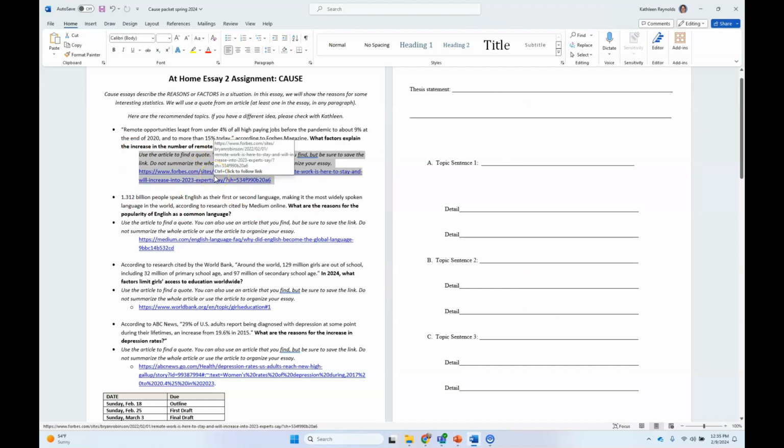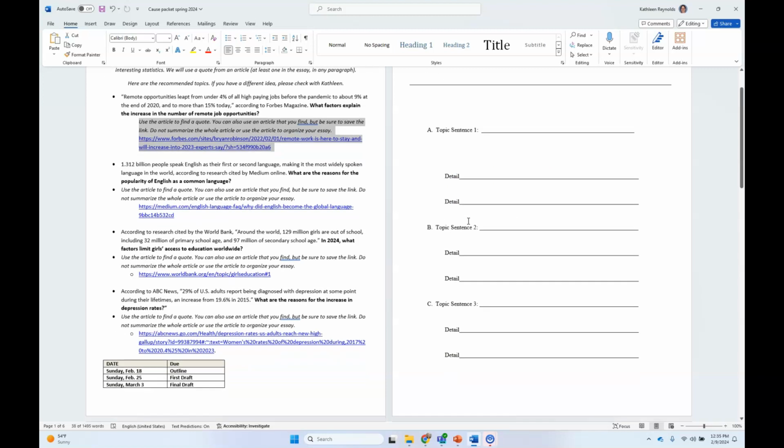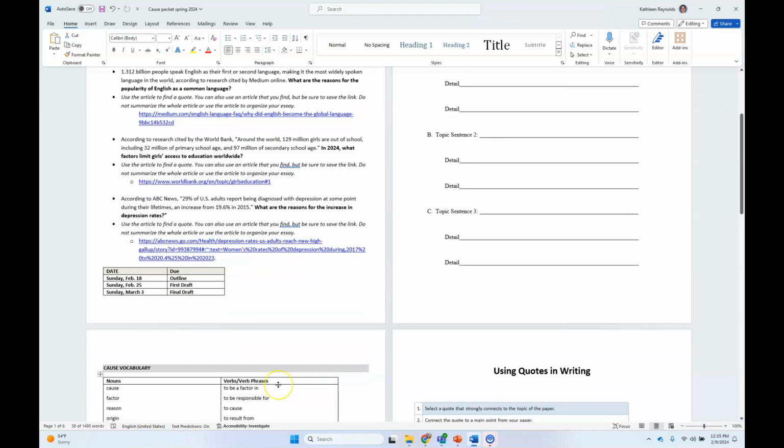In preparing the outline, you would prepare it exactly the same way that you did your effects outline. You would write a complete sentence for the thesis statement that will show your 3 points, and will use cause vocabulary. And then for A, B, and C, the topic sentences, you will use cause vocabulary and write a complete sentence to show each point. In the details, you can write shorter words or phrases to support your ideas. Okay, you can see a little bit about the schedule here.